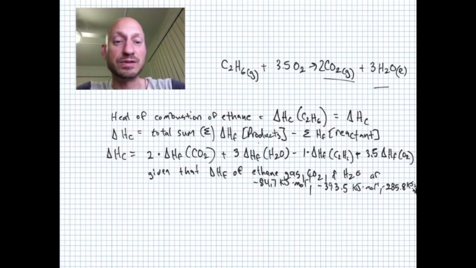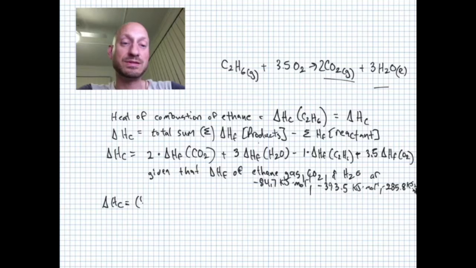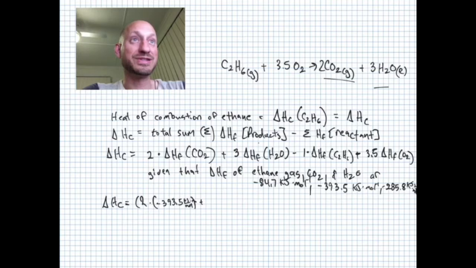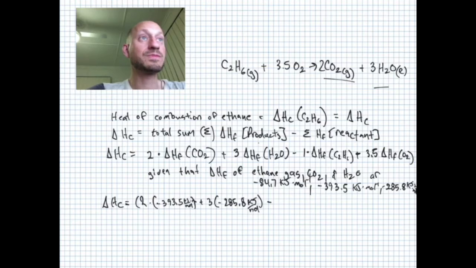Okay, so delta H sub C, let's put in the values. It'll be 2 times carbon dioxide, so minus 393.5 kilojoules per mole, plus 3 times minus 285.8 kilojoules per mole, minus minus 84.7 kilojoules per mole,